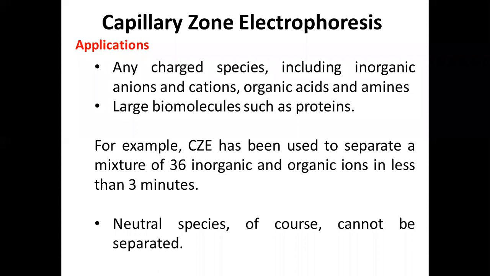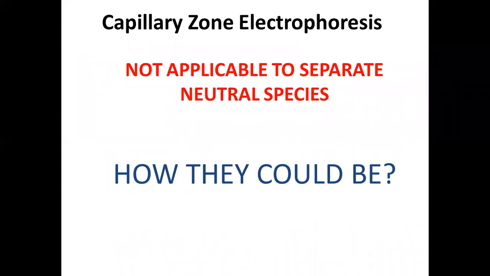But neutral species, of course, are eluted as a single band. We will not be in a position to distinguish what are the different kinds of solutes present in this group of neutrals. So how are the neutrals going to be separated now? This is going to be the question. Whether you perform slab gel electrophoresis, capillary electrophoresis, reverse capillary electrophoresis or capillary zone electrophoresis, neutrals are going to be eluted as a single band. We cannot distinguish different neutral solutes with respect to their order of elution, because the electrophoregram does not describe the order of elution of neutrals.